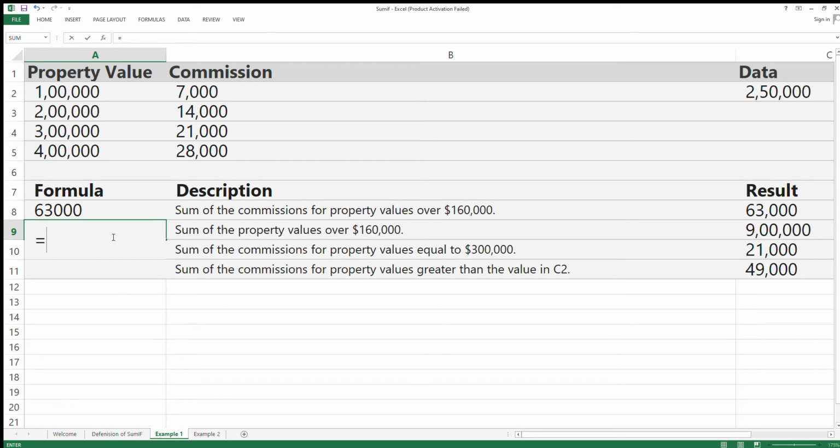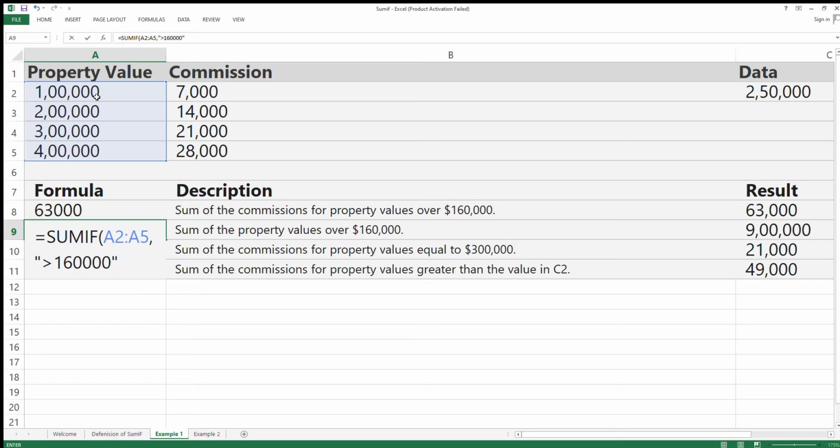So here also SUMIF, then our criteria is also based on property, so the property range, larger than 160,000. And here the range where we are looking for the criteria and the range where we are doing the sum are the same.